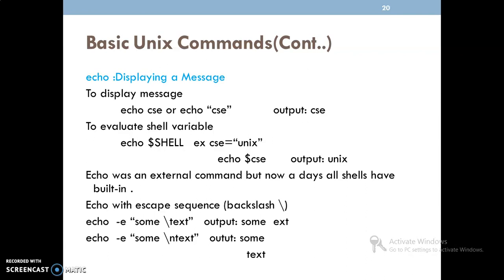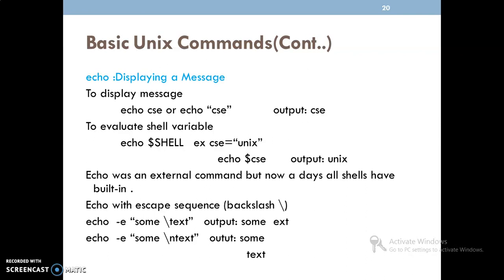That indicates the current shell name, like it might be the K shell or the B shell, and it will be displayed on the screen. Echo was an external command, but nowadays all shells have it built in.